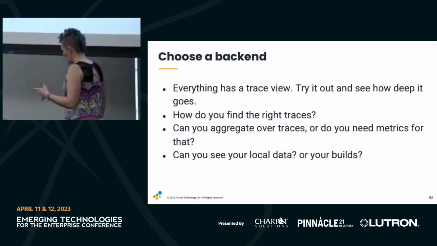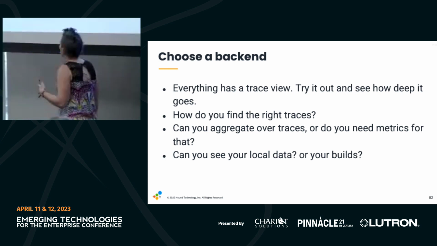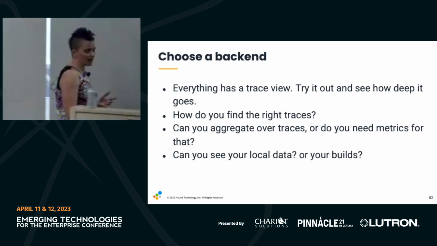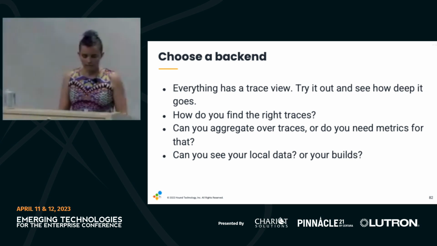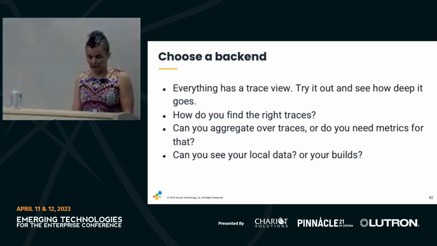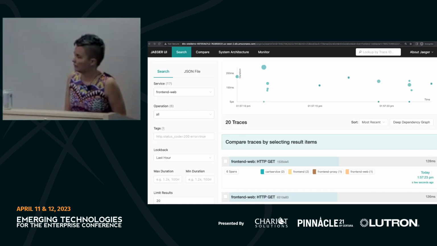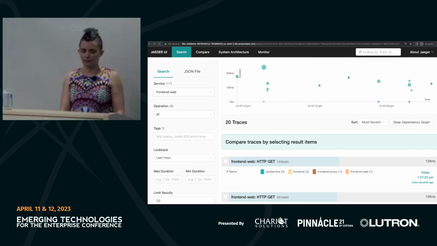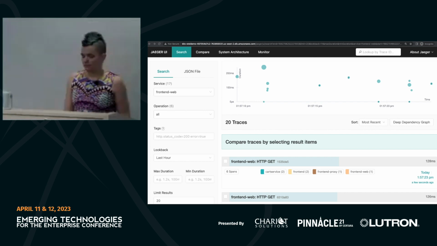Okay, about choosing a backend. How do you find the right trace? Everybody has a trace view. I mean, they vary on how useful they are, but everybody has one. If I go back over to Jaeger, do y'all see Jaeger? Okay, cool. This is how you find traces in Jaeger. You can click on a dot, or you can scroll down. You can also,